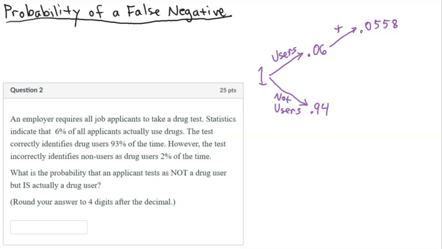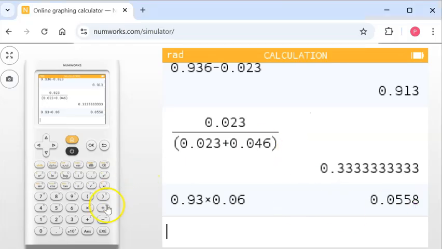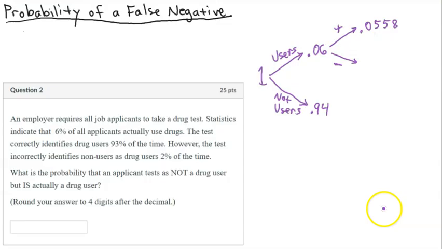So we're going to put 0.0558 here. And then the rest of the drug users actually tested negative. They tested as not drug users, which is a mistake. And so that makes them false negatives. So we're going to do 0.06 minus 0.0558, and that gives us 0.0042. So 0.0042 of all the drug users, which are 0.06 of all of the applicants, were incorrectly identified